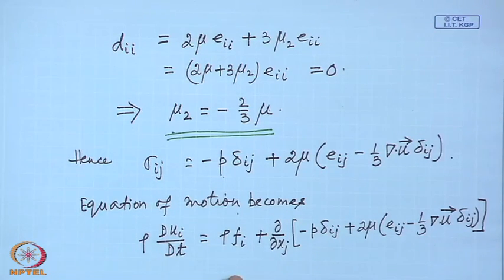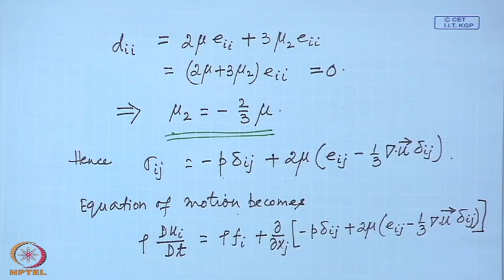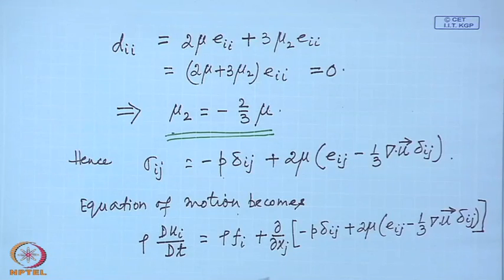By the way, as you can clearly see, this equation is written on a unit volume basis. It is conventional to write the equation on a mass basis in solid or rigid mechanics, while in fluid mechanics it is conventional to write the equation on a unit volume basis. So in this equation each term represents some force per unit volume. The first term on the right hand side is simply the body force per unit volume, and the second term is the surface force per unit volume.